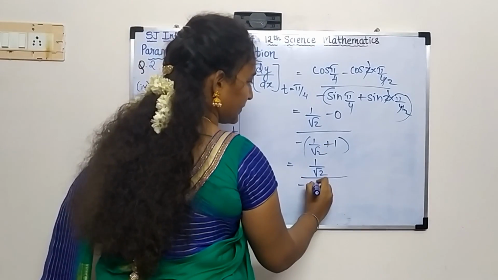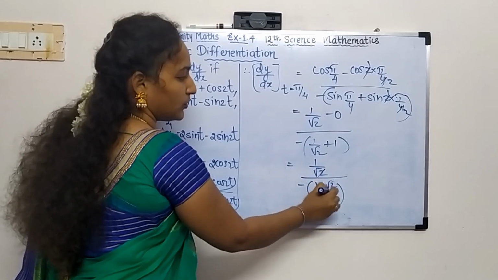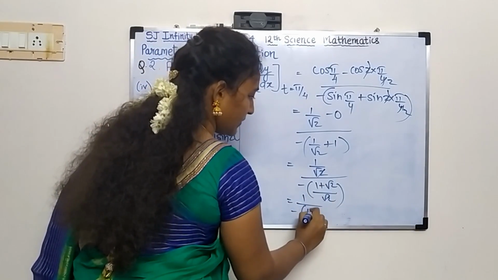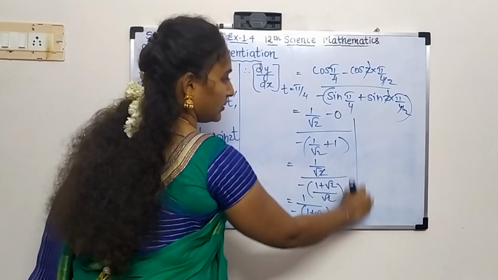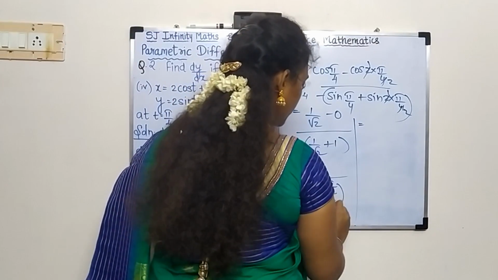Cross multiply this, we get 1 plus root 2 upon root 2. Root 2 will get cancelled with each other. So we get 1 upon minus 1 plus root 2. See, we can rationalize the denominator. So this is equal to,